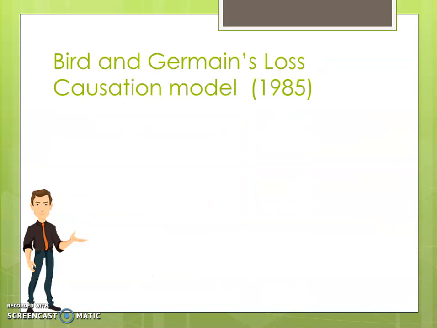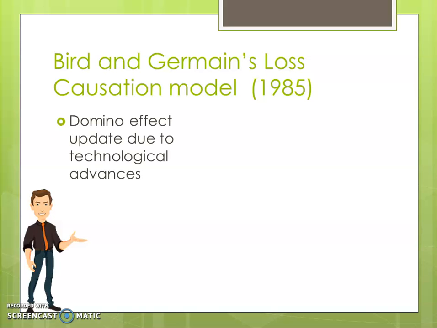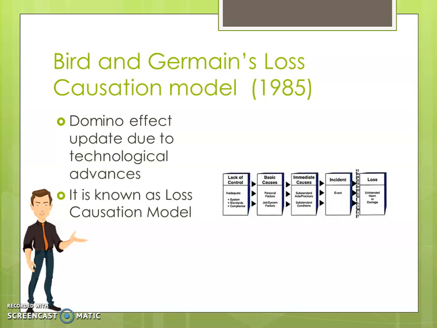Heinrich focused on the human factor as the main factor in causing accidents. Now, I will explain the Bird and Germain model. They adopted the same tool as the previous model; the only difference is that they updated it. It is a known model of causality of the losses, and it is also represented with five blocks joining together.